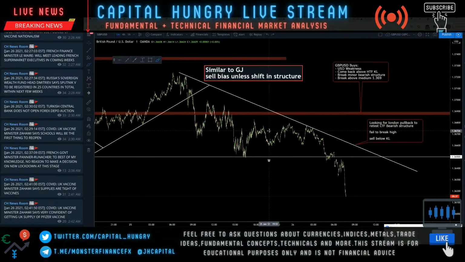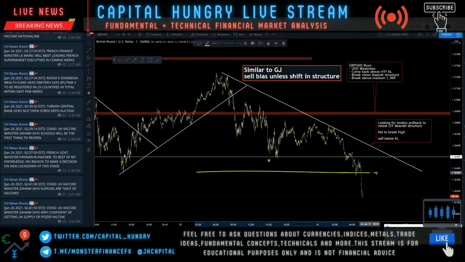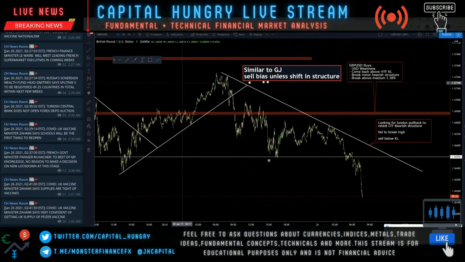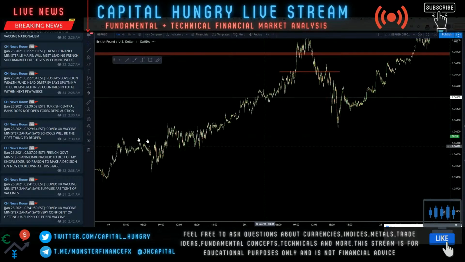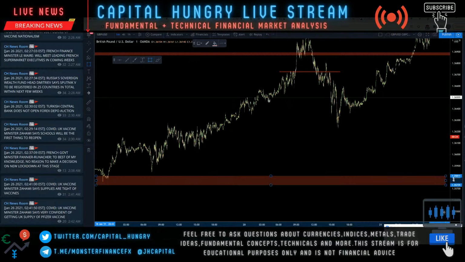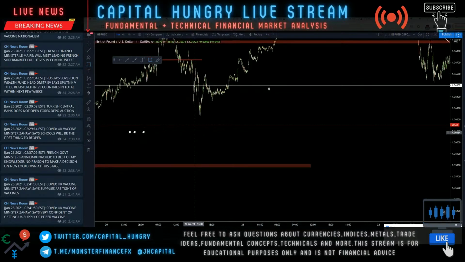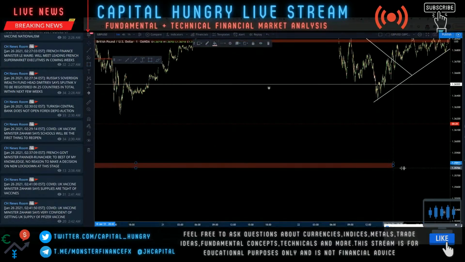GU, I primarily just use previous price sensitivity areas and order blocks on the 1 minute. I'm just using previous zones right now. For a low target, I'd be watching for us to go down to these 1 minute lows around 1.358 if we were to continue down.